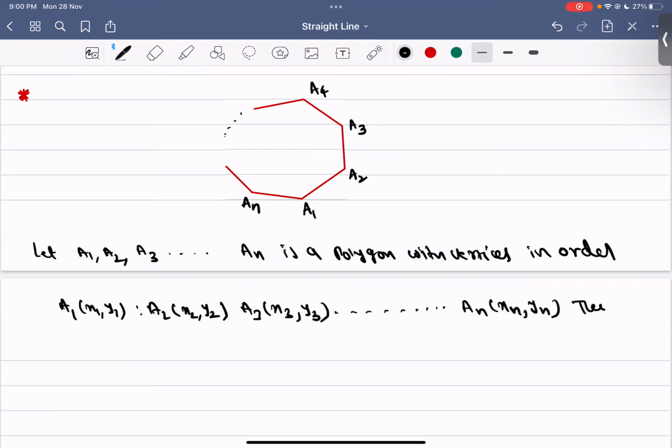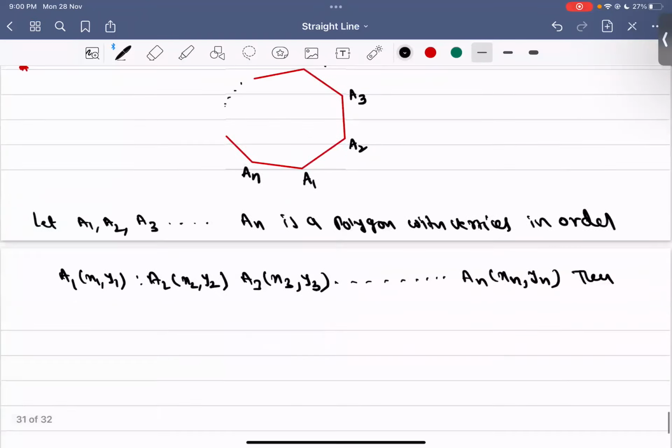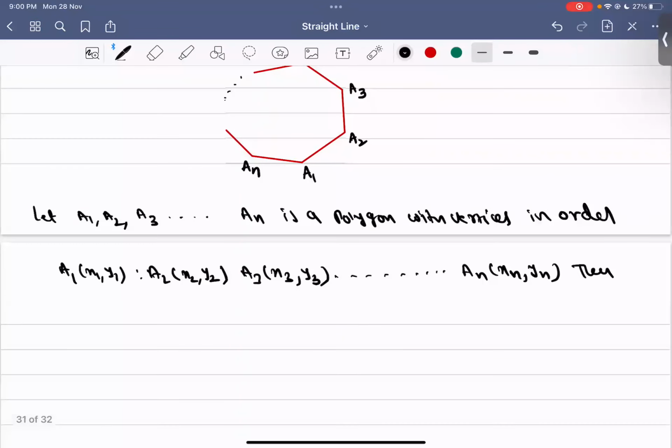Then the area of the polygon can be given as